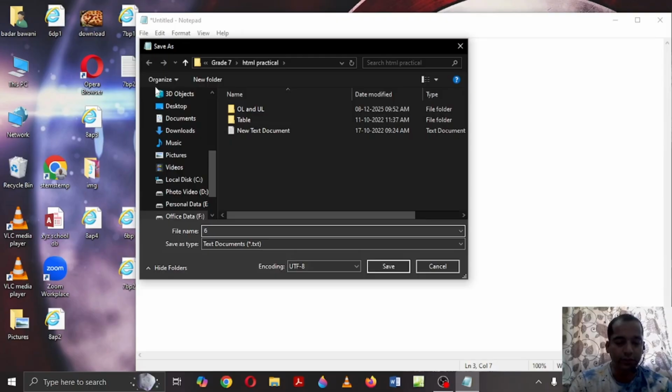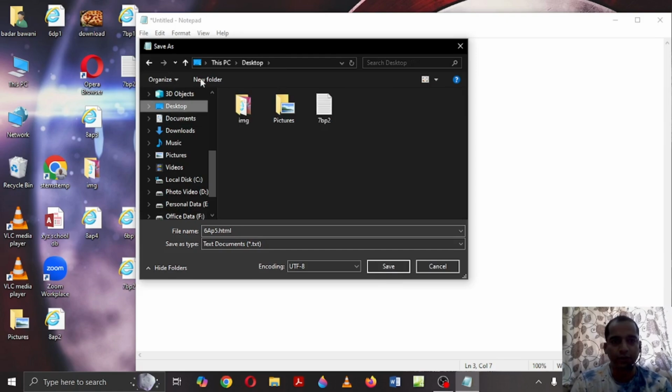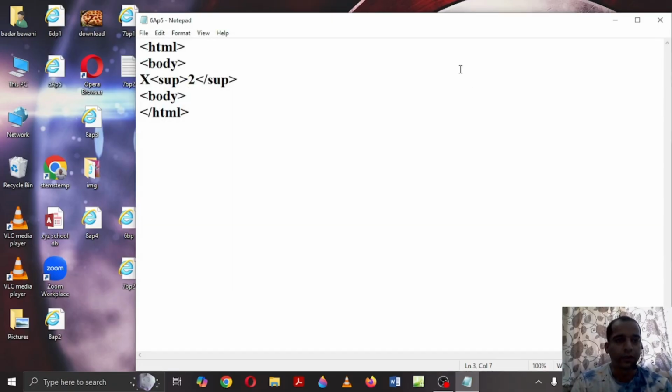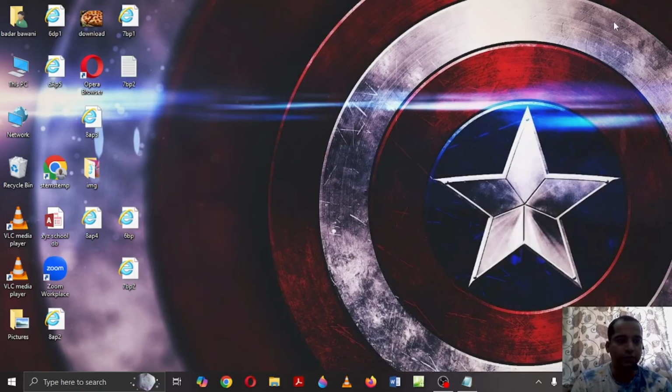Now let's say this is 6ap5.html. This is my file name which I am keeping and that should be on the desktop. So I need to see that this path is This PC and Desktop, and then I will click on it. Once it is saved, I will be able to see the file 6ap5. Here it is. I will double click on it,